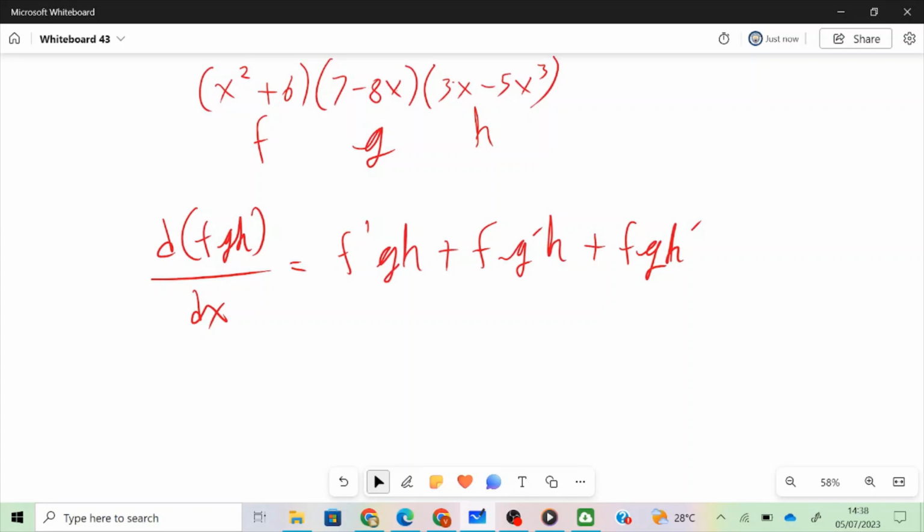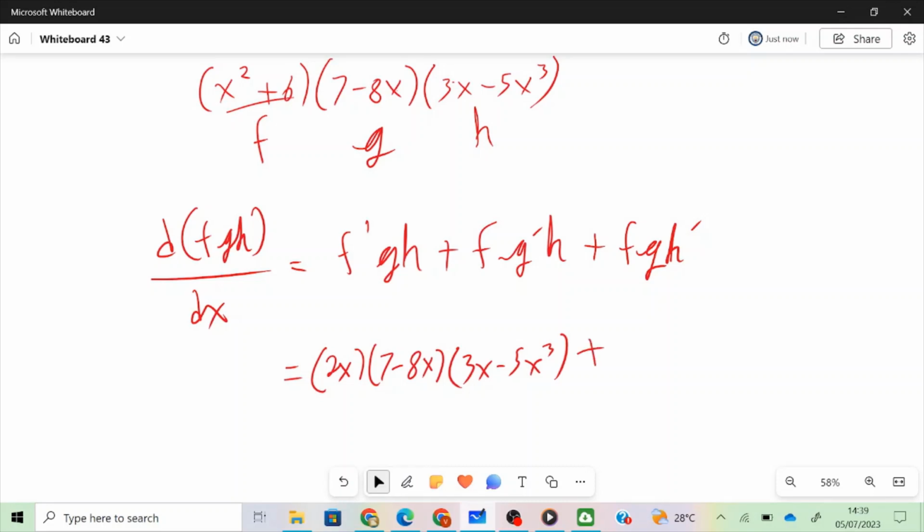So going ahead and putting this in as an unsimplified form, f prime, that's the derivative of x squared plus 6, and that's 2x. So we have 2x into g, that's 7 minus 8x, into h, which is 3x minus 5x cubed,